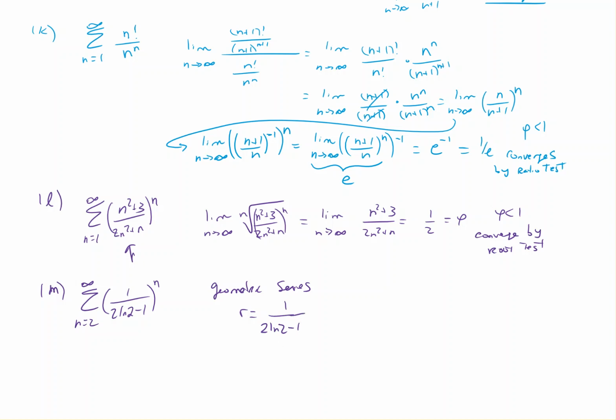Oh, that's kind of neat. You could actually figure out the sum of this. You can figure out what it converges to. Assuming, of course, that r has to be less than 1. I should say the absolute value of r has to be less than 1. This is going to be positive, so it's definitely r is less than 1. Okay, so,